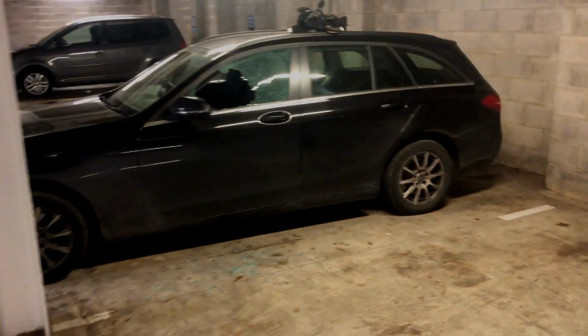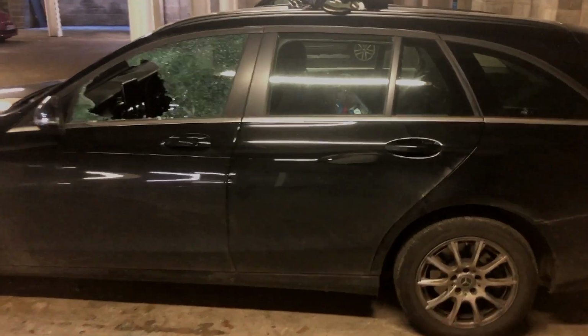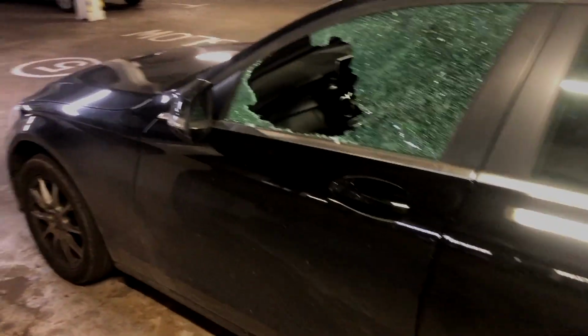As you can see, that's my car. That's a nice big hole in my window, and my camera bag is no more. So in that bag was my Canon 700D, well, actually my sister's one, which is on a long-term loan, along with a 50mm 1.4 Canon prime lens, a 75 to 300mm Canon ultrasonic lens, 3 batteries, 2 SD cards, my iPhone 5, which I sometimes do videos on,